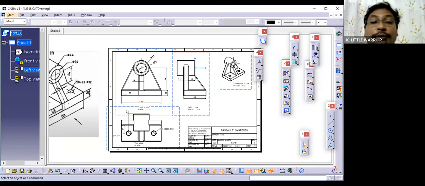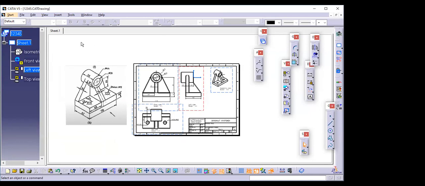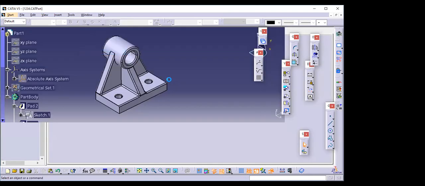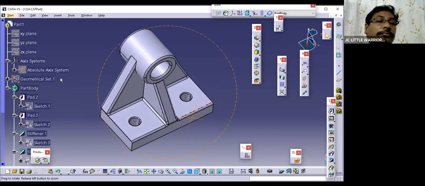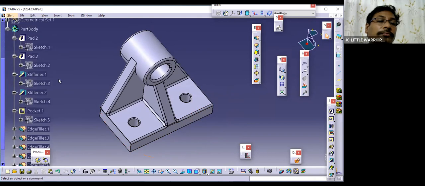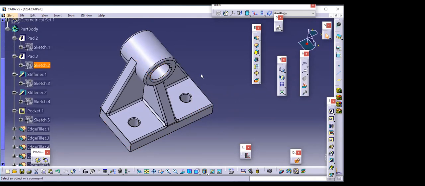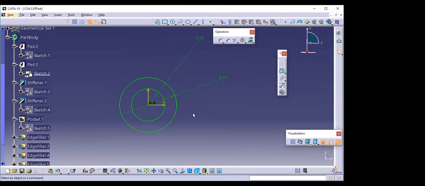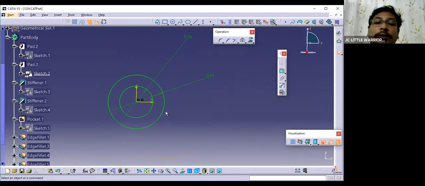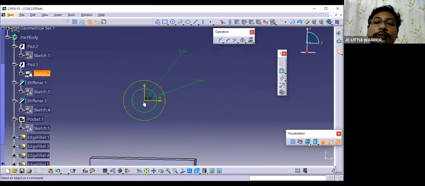I'll show you. You're talking about the sketcher, right? Yes, sir, the Sketcher workbench. Okay, let's get into the sketcher. Mostly we would have used it in here. Okay, you mean to say here? Here we used,